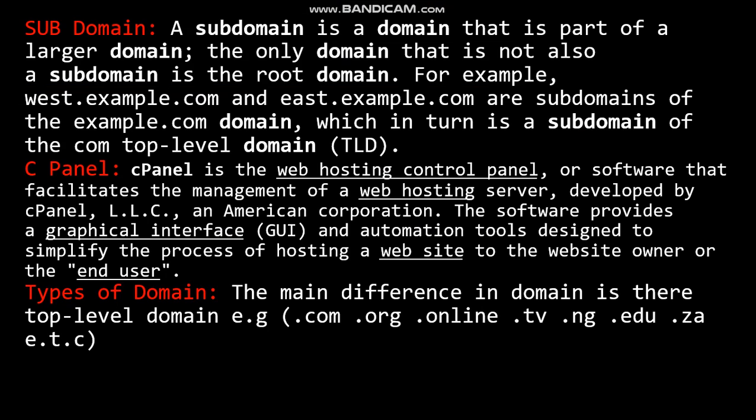So we have .com. They serve different functions. .com is mainly used for communications or any other website where people can interact. .org is for organizations, just like a static website where people just go to get information. .online, .tv for television stations, .ng for Nigerian based